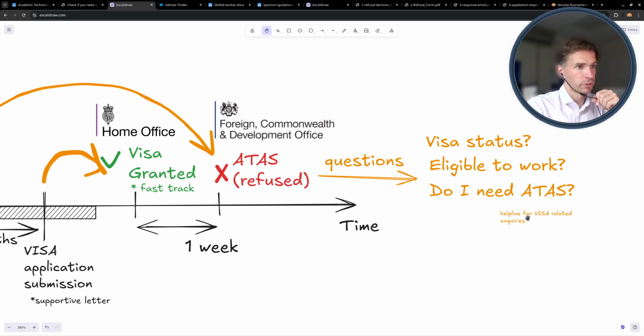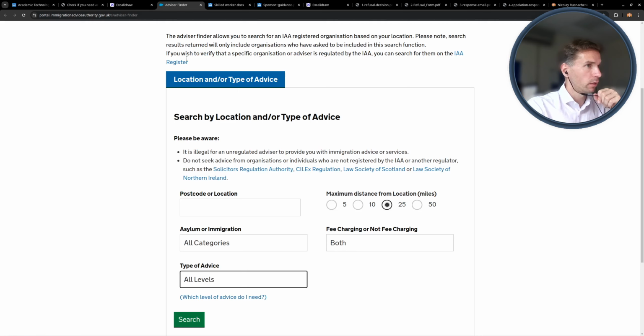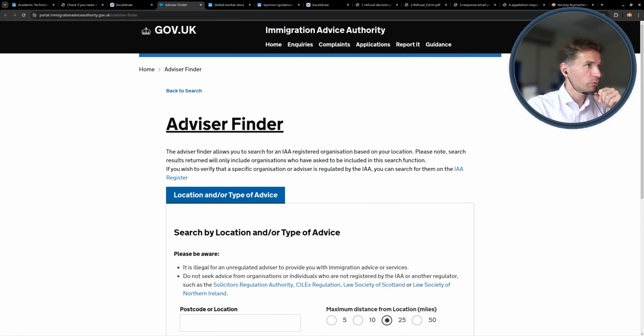There are many ways to answer these questions. However, my actions involved reaching out to the helpline for visa-related inquiries, whose phone numbers you can find on Gov.uk. The key takeaway from calling them, with further suggestions on actions I could take, was to reach out to a specific type of legal advisor.